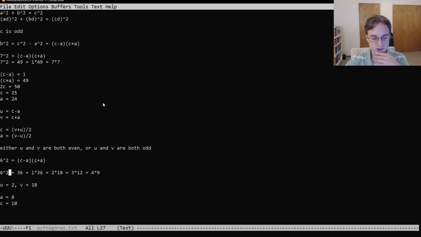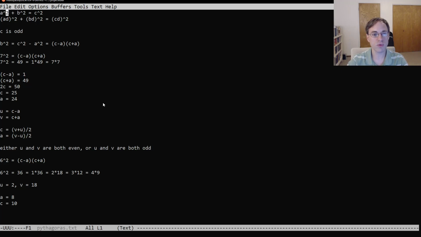So from this point, I was trying to think of a way to avoid generating these sort of bad pairs where one of the factors is even and the other is odd. And one thing that I came up with is that if our number b is odd, then it's necessarily the case that both factors are odd, which would meet our requirements. And furthermore, because a squared and b squared are symmetric in the original equation up at the top here,